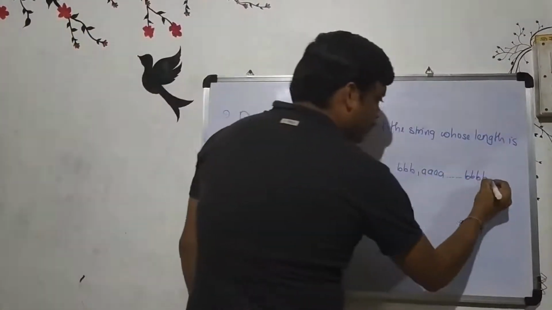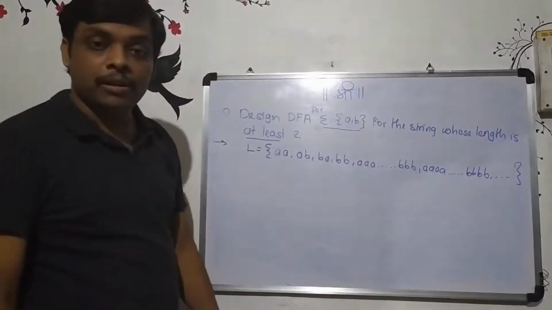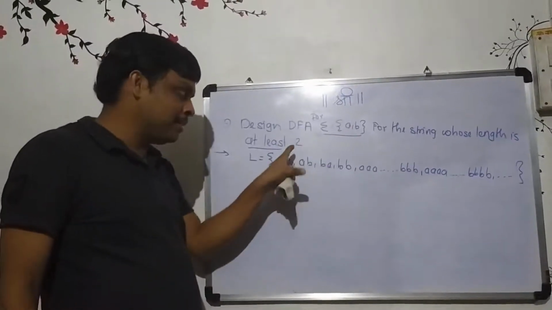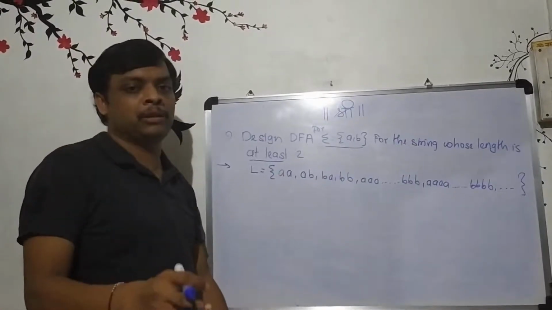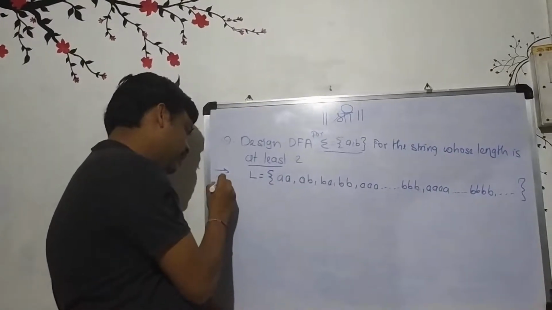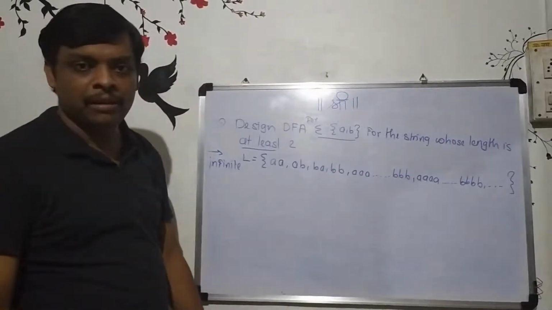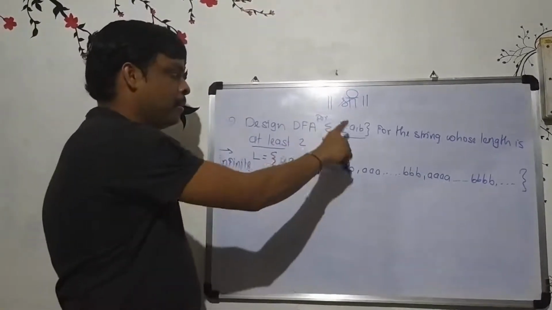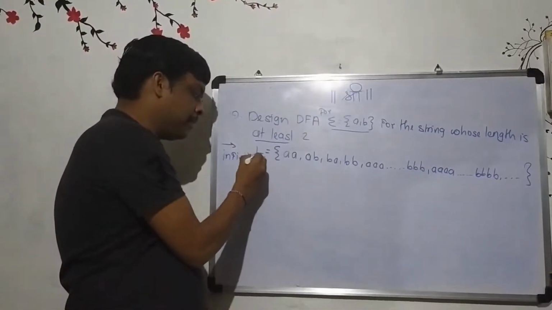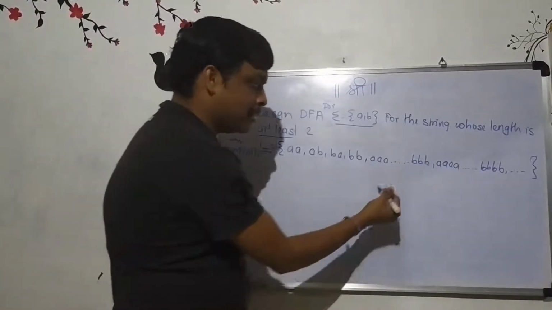So what type of language is this? How many strings can we form? We can form an infinite number of strings, because the minimum condition is given but no maximum limit, so it can be anything. So this language L is an infinite language. After reading this particular question, we just try to identify the elements of the language.